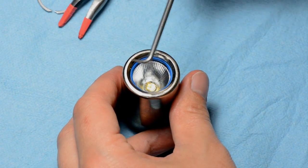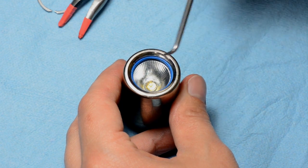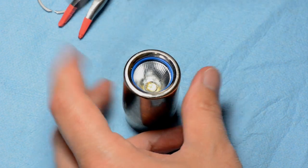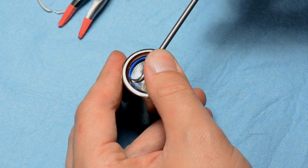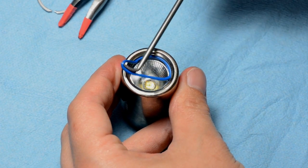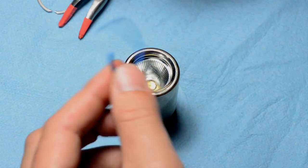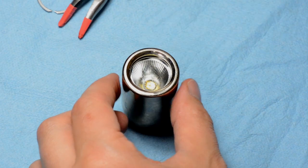Now if you want to remove the O-ring with the fluorosilicone, it's actually quite soft. Most likely you're going to damage the O-ring with the pick when you're taking it out. So don't do this if you only have one O-ring. You see how it's stuck through right there? So now you're going to need to replace this, otherwise it'll break. But you just take a new O-ring,